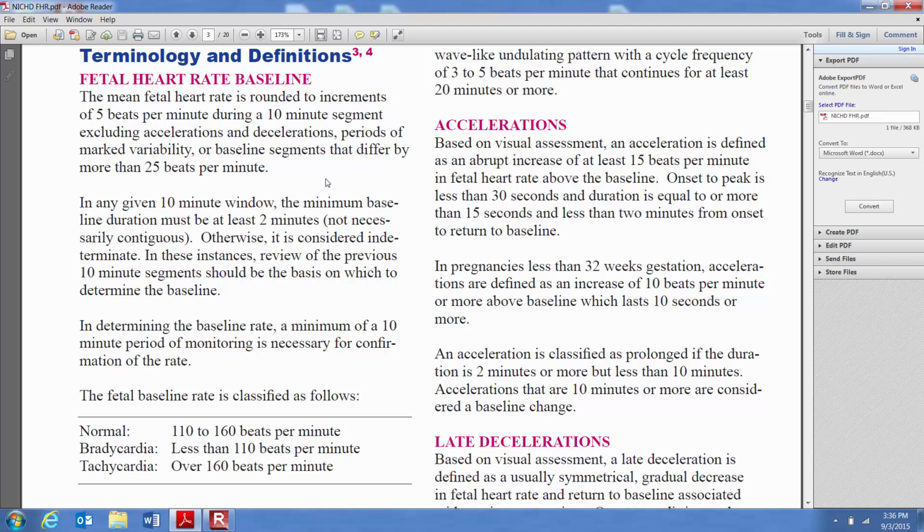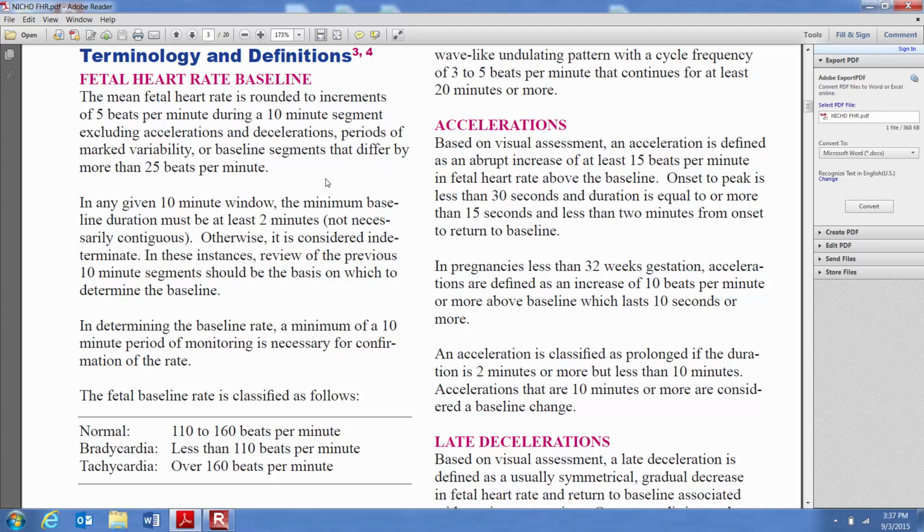If you don't have 10 minutes, or you don't have a continuous 2-minute tracing within that 10-minute period you're looking, then look at another 10 minutes. Find a 10 minutes where you have continuous tracing, okay? And if you're having a tracing where you're not getting good tracings, you have all these breaks in the tracing, you need to be in the room readjusting that monitor so that you have a better tracing of the baby. Okay, now, that being said,